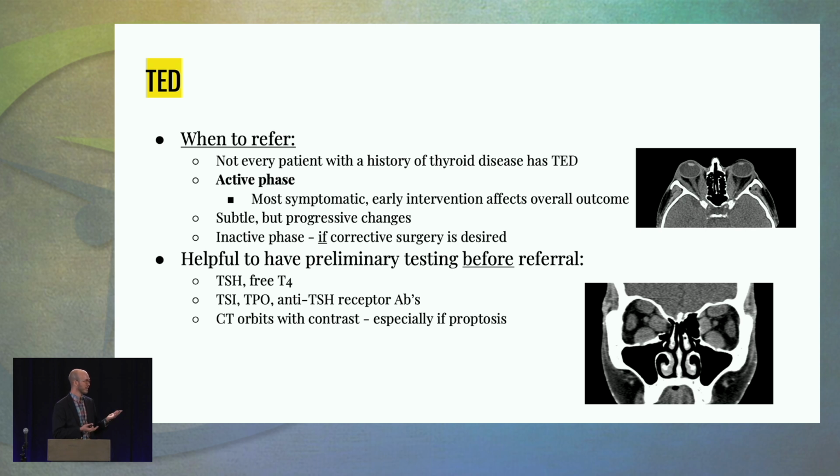And then a CT, especially if they've got proptosis, I think that helps, especially if it's asymmetric proptosis and you're not sure it's thyroid. If you're looking for a mass or something, you can find that on a CT. But it's especially helpful, it's fast, it's usually easy, CTs are widely available, and you can see the muscles really well. It's not like you're trying to look for a soft tissue tumor necessarily, but if I'm thinking about doing decompression or something, it's good to see the bones too.